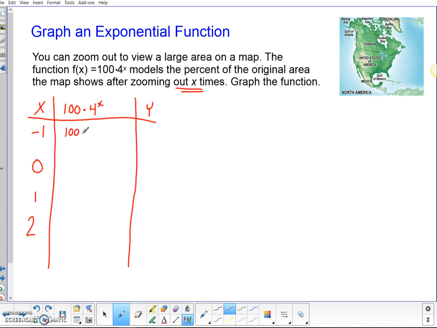So 100 times 4 to the -1st will be 100 times 1/4, or 100 divided by 4 gives me 25. 100 times 4 to the 0 is 100 times 1, or 100. 1. 100 times